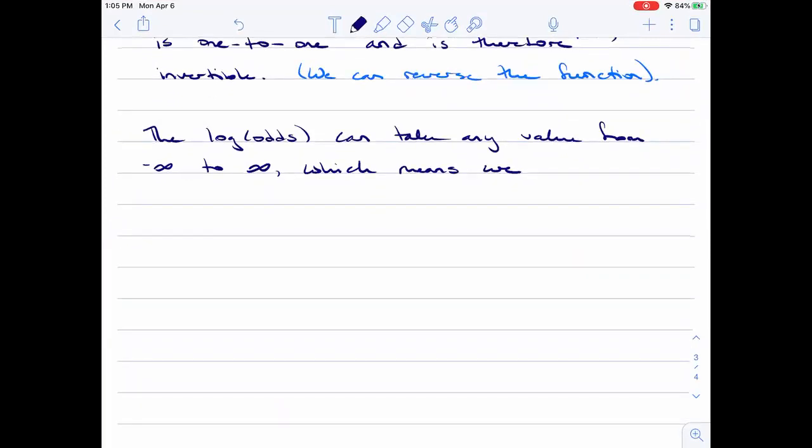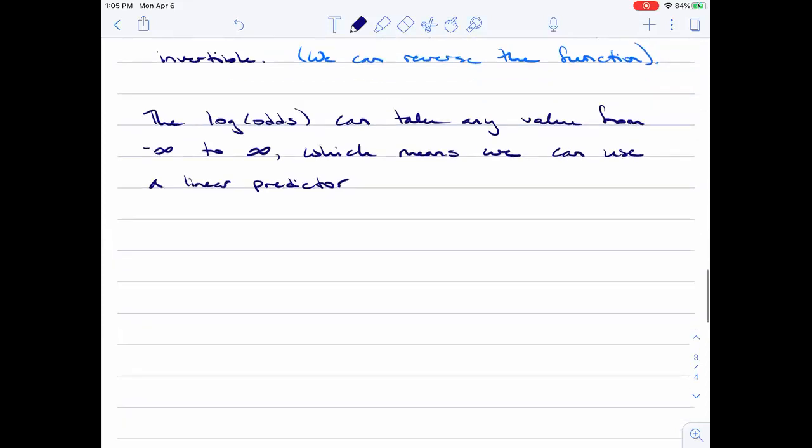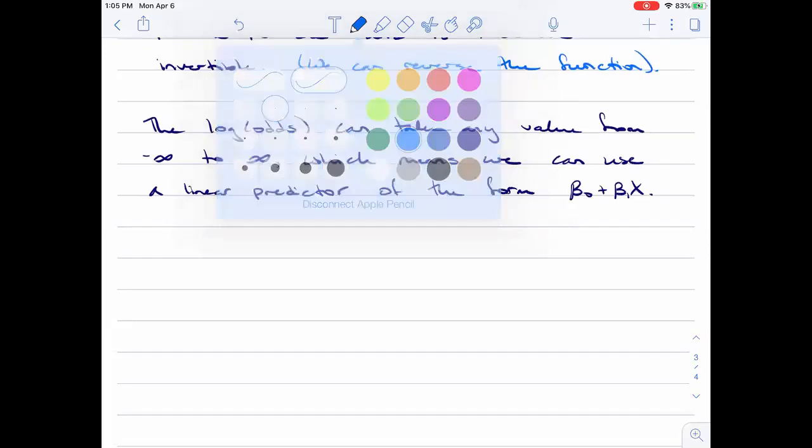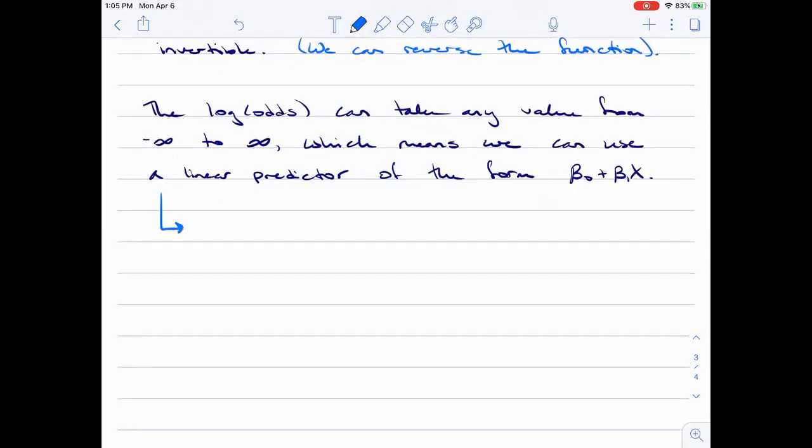which means we can use a linear predictor. So now we can go ahead and use that linear regression that we couldn't before. So which means we can use a linear predictor of the form, the very familiar and very basic now, beta naught plus beta 1 x, and I should use a capital X for the population. Okay, so now what this is saying is that log odds